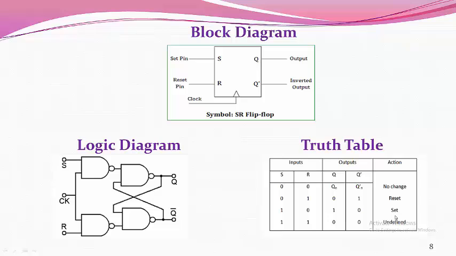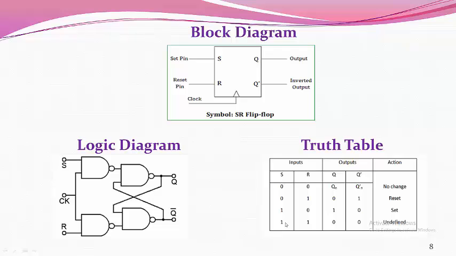Means case 4, in which no value is stored in the flip-flop and also we cannot determine that value, this case is undefined state. This is the function of this truth table, in which only these set and reset states are important, and this is the drawback of this SR flip-flop, that only 2 states are important and we have to check these 4 states. So here wastage of microprocessor time is happening.